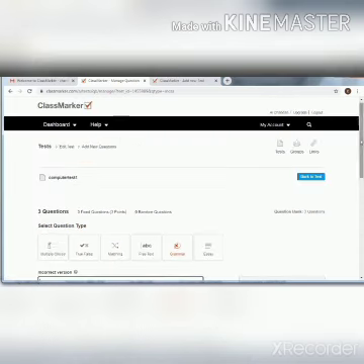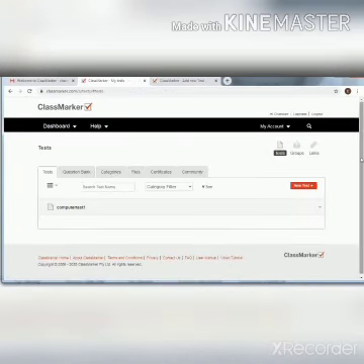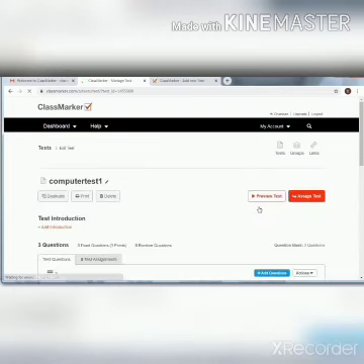Now how to assign all those questions? Now move to the test group. Okay, now you can find that in test group one of the tests has been created, that is your computer test 1. In computer test 1, how many questions were there? You can edit it anytime, any number of times you can edit it, assign it, and you can do more. Okay, so you have to click on the edit option.